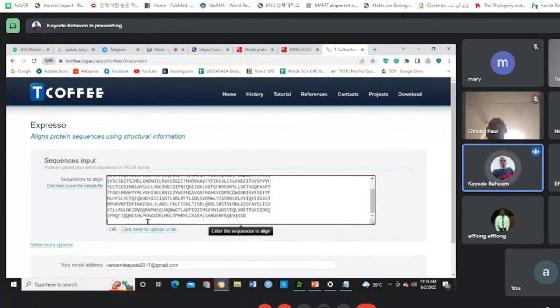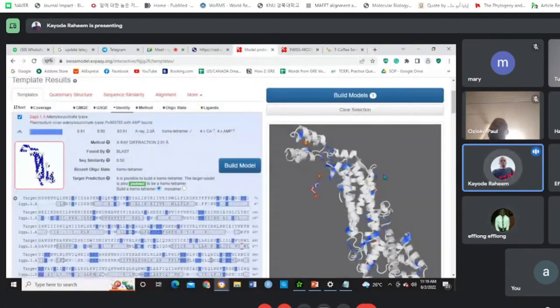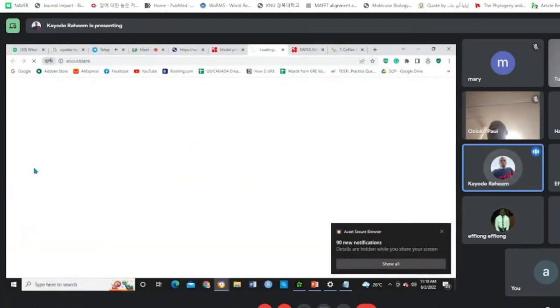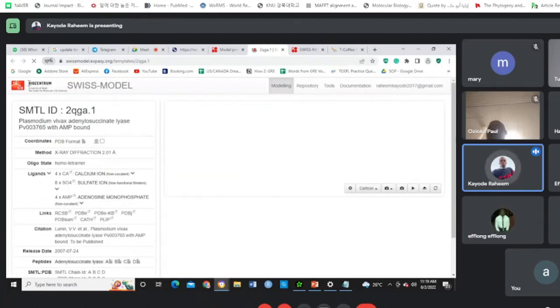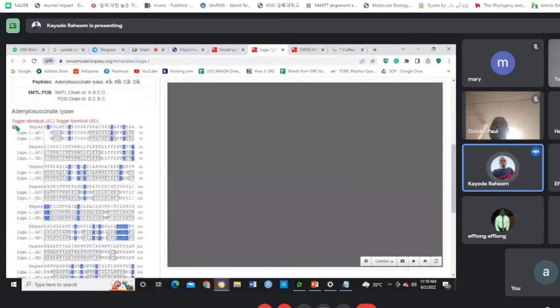What are you going to enter next? Now it is the template sequence that the Swiss model got for us. So I go back there, which is this. So what you need to do now is just come here and click on this red alphabet that's showing here. That's the PDB ID. Click on it, it will load. So that's able to get our heme. So it will tell us much about the protein. So what I need to do is I'm trying to get the sequence of the templates. So you click on,